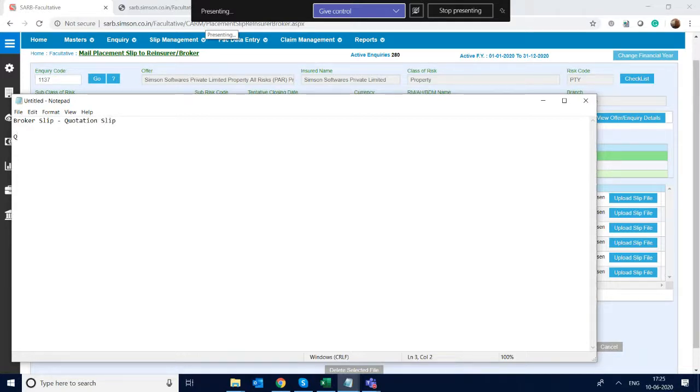Quotation slip is converted into cover note, and broker slip is converted to placement slip. This way it works.